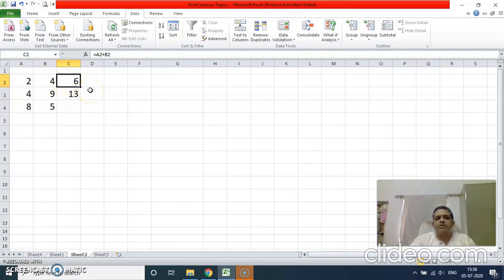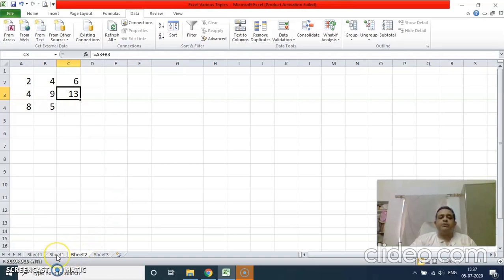And what is that relation? The relation says that this cell should be having the addition of two cells to the left hand side of this cell. Okay, like 2 plus 4 is equals to 6. And when you copy it here, it takes the same relation, means addition of these two numbers. So wherever you paste this, it is going to carry the same relation. This is relative referencing.